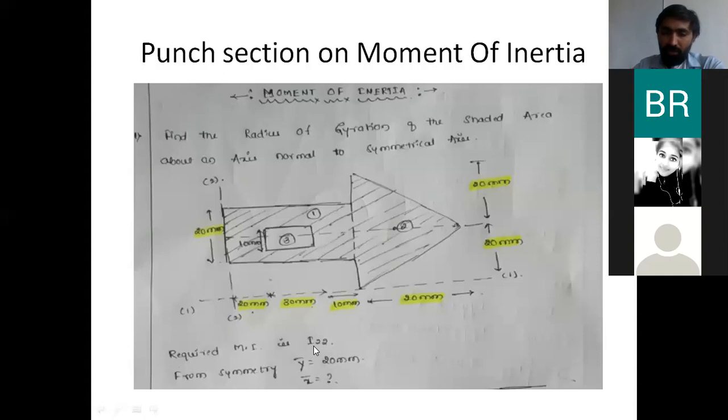Once you are able to find out I22, I can easily calculate the moment of inertia of a body with reference to its own centroidal axis, so that will be Iyy. Similarly, after that I can go for the radius of gyration. To find the radius of gyration, I need to find the moment of inertia of a body with reference to its reference axis. Similarly, I am shifting from I22 to its centroidal axis, so that will be Iyy. By using that Iyy, I can calculate the radius of gyration. The first thing is, where you will use this radius of gyration value.